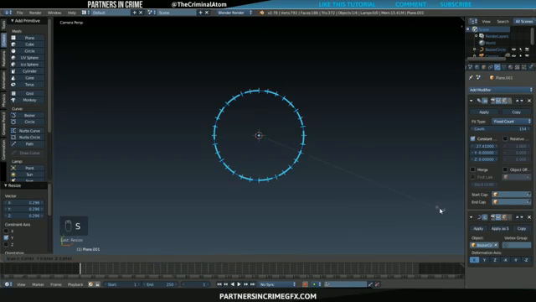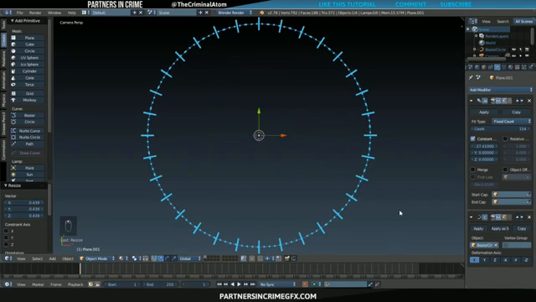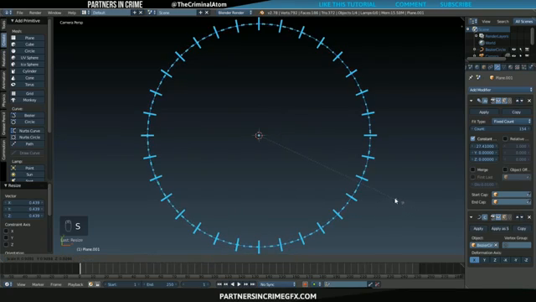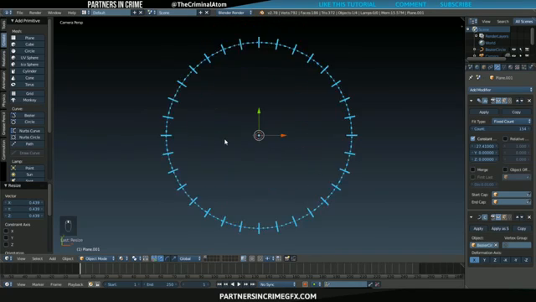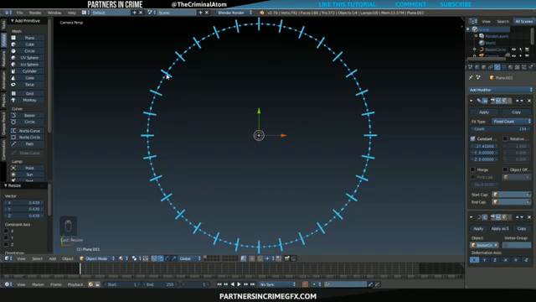Alright, so now we'll type S again, and size the notches until we get some even spacing. So left click there, scroll up to zoom in so you can see better. Alright, so that's looking pretty nice. So we've got our smaller notches in between our larger notches, and what we'll do now is we'll right click